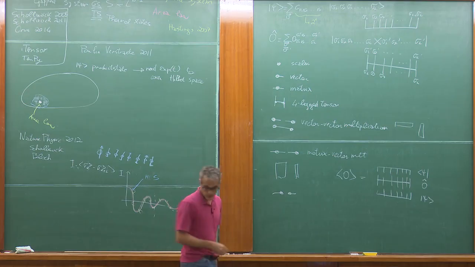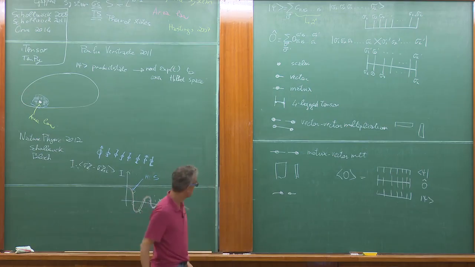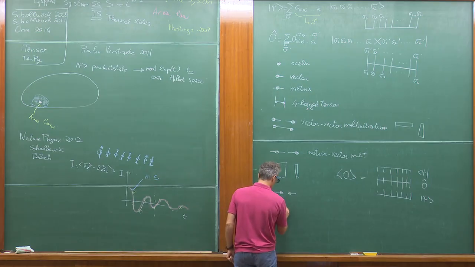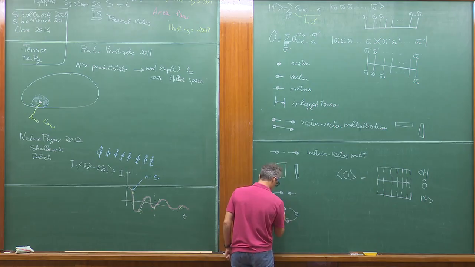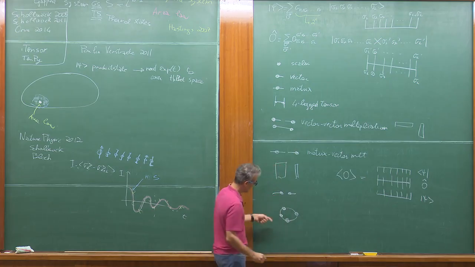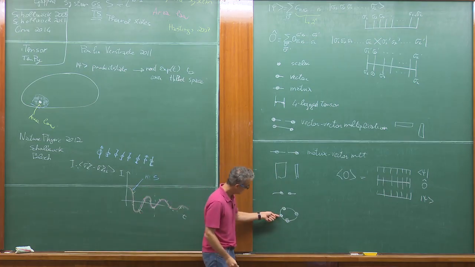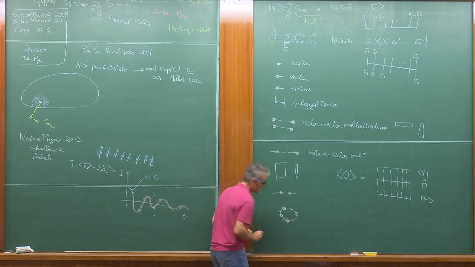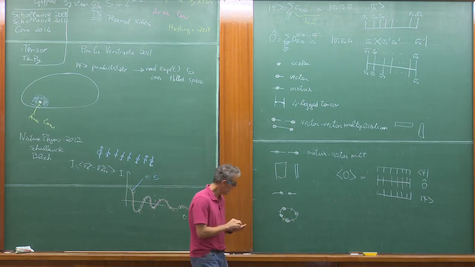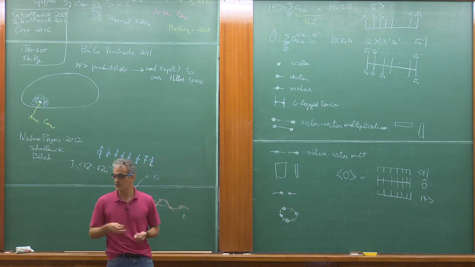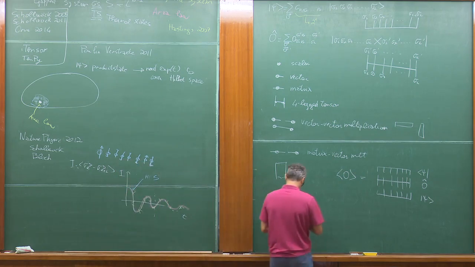Other operations that are relevant, important to look at, is, for example, something like this. What does this represent? If you think about it, you have a different, is a trace, exactly. And then you get straight away the cyclic property of the trace, okay? It really doesn't matter. So this is a trace.